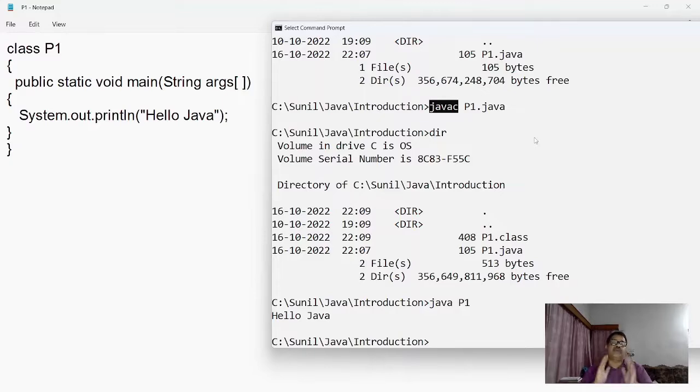The first responsibility is to convert the program into machine compatible language, so that we can produce further. Like here also, when I compile the file, I got another file known as p1.class. What is p1.class? We have discussed that in a separate session.